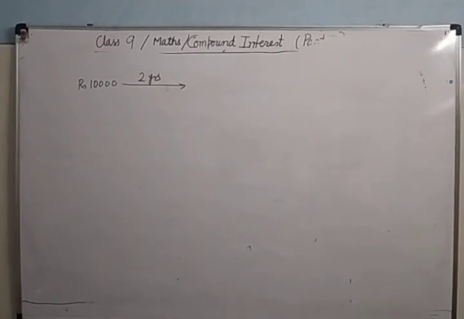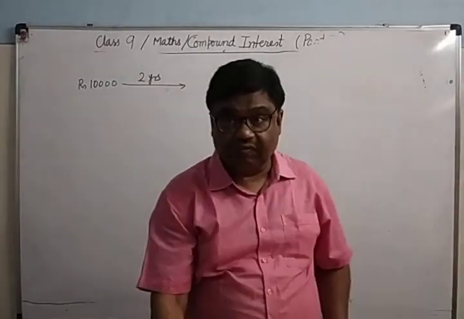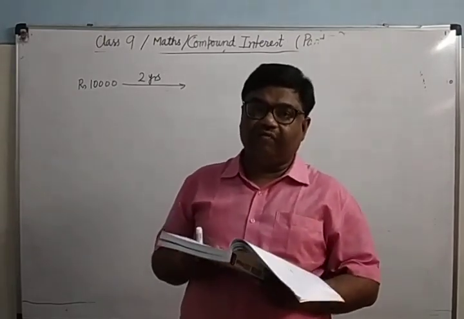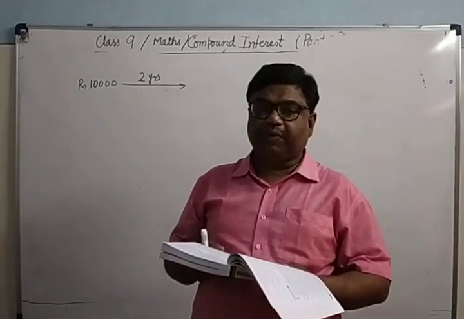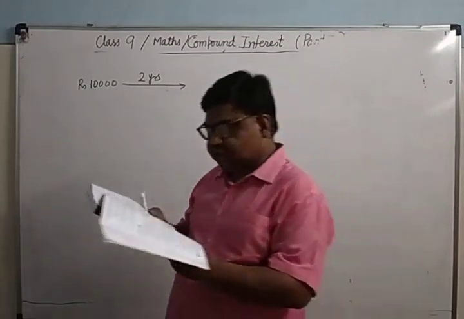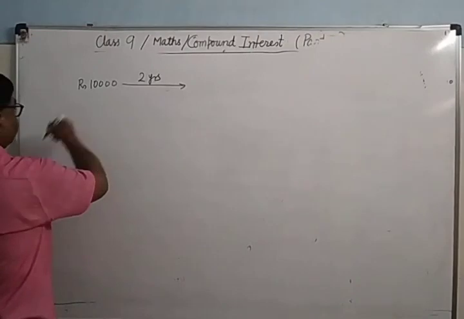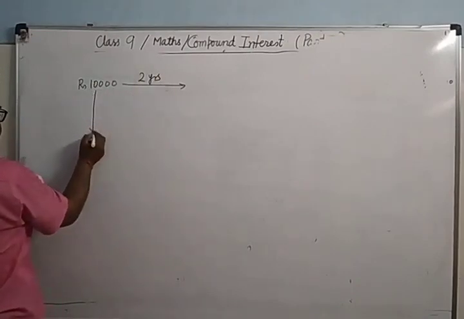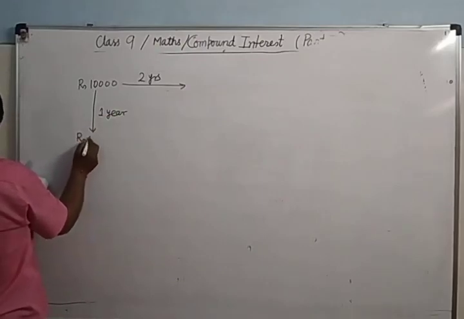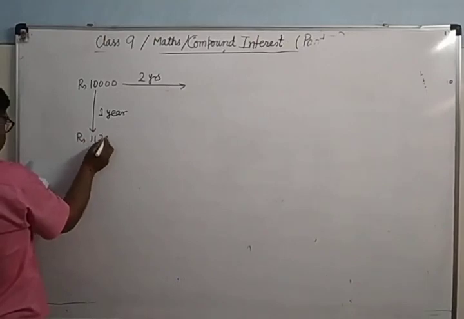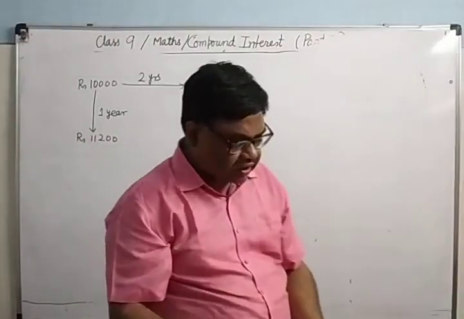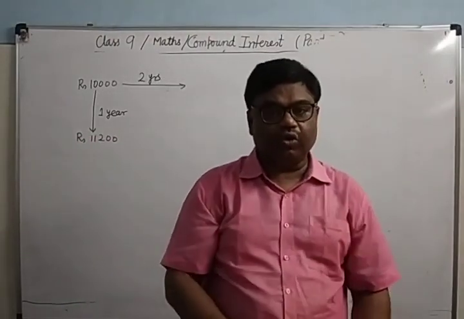Now you can see here, the question number 6. Compounded annually means interest is paid after every year, which means the principal will change after every year. Here we will calculate year by year. At the end of 1 year, the sum amounts to rupees 11200. It is invested for 2 years, but after 1 year it becomes 11200. So you have to calculate the rate of interest and the amount at the end of the second year. These two things you have to calculate.